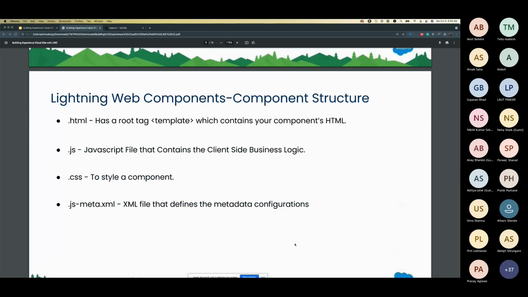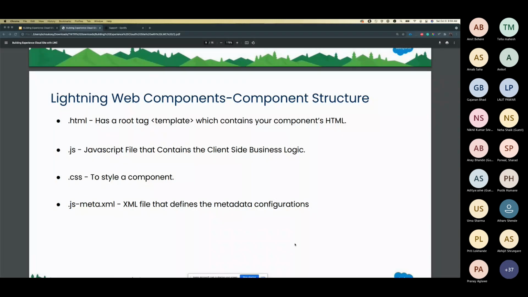For those who are not aware of Lightning Web Component, there are primarily four files which we have categorized. One is the .html file, where you write your basic front-end level code. In HTML, the file starts with a template tag and ends with a template tag. Then you have a JavaScript file. It contains your client side business logic, and also all your decorators and the framework where you can interact with the backend.